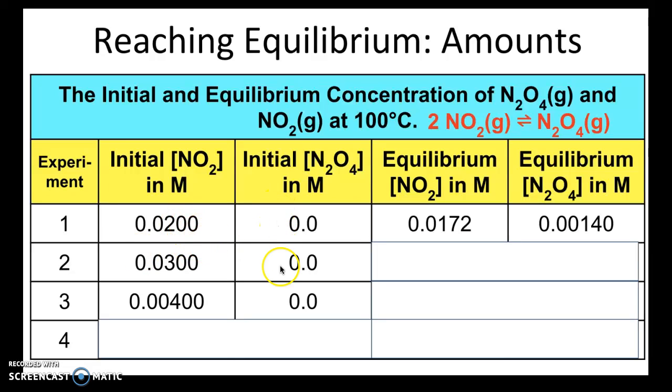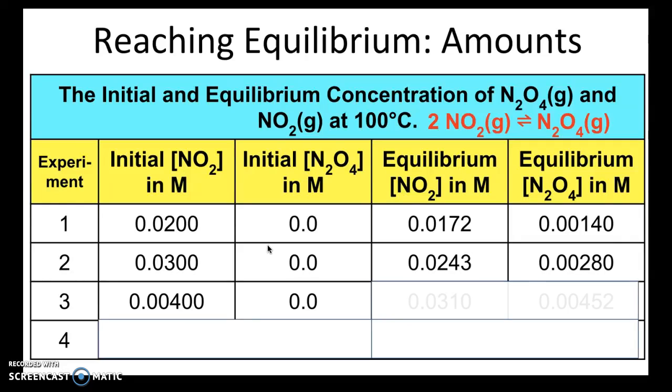In all of these experiments, the concentration of N2O4, the product, is 0, and you're given initial amounts of reactants, but they're a little different. So let's see, are the equilibrium values going to be the same? No, they won't. So here are the equilibrium concentrations. Because you're starting with different amounts of NO2,